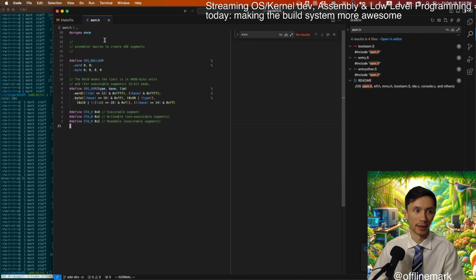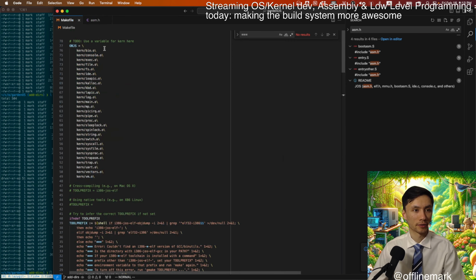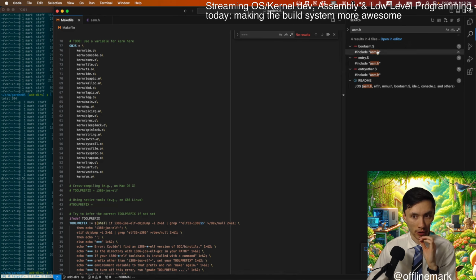The explanation is that at first, all we did was move all of the files in this kernel objects list, and that's all we were aware of. But now we are aware of other things here.